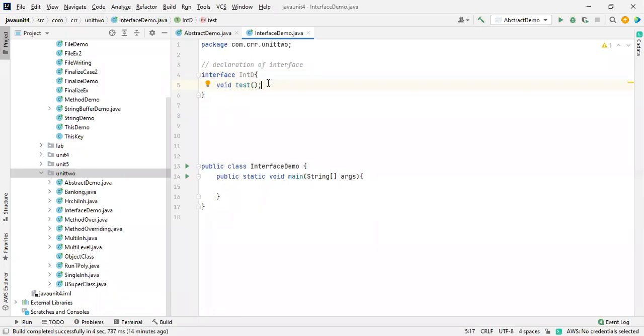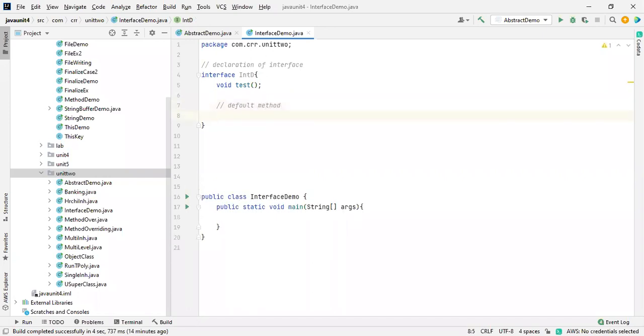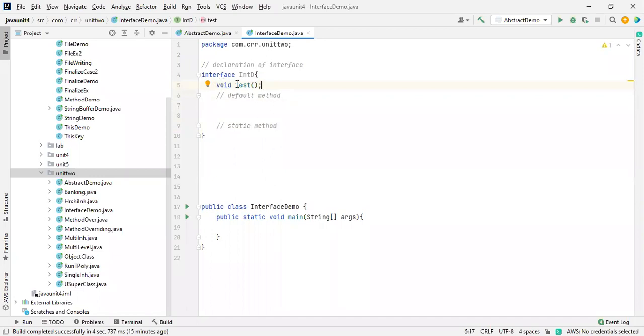There are two more methods, whether they are included in the syllabus or not, I don't know. They are the default method and the static method, which can be implemented inside an interface. Please remember this. What we discussed is that if you mention a method here there is no implementation, only abstract methods are available.